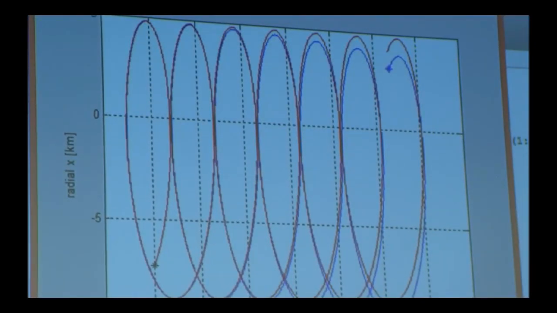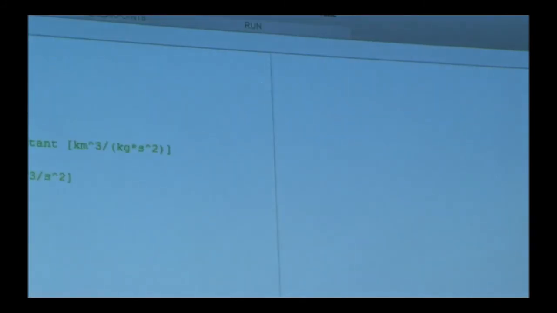And this is only the plane, by the way. I'm not showing you the z, because I think the plane is the fun one. The z is kind of annoying. It just goes up and down. But that's really what's happening. This shows how the linearization at some point breaks.